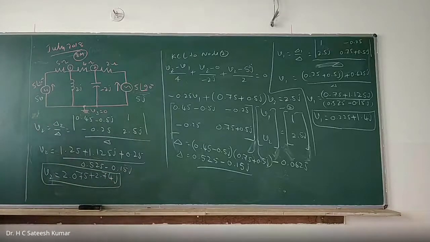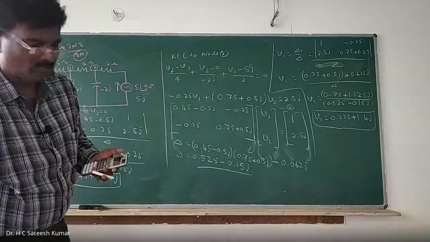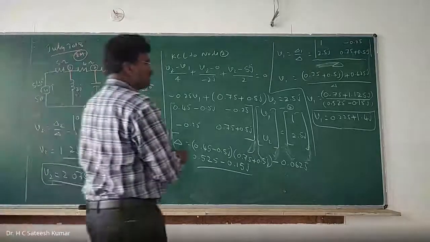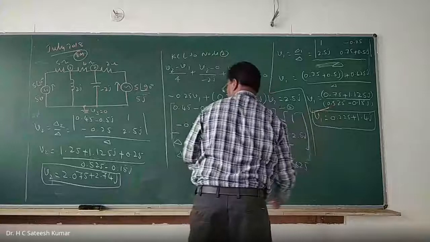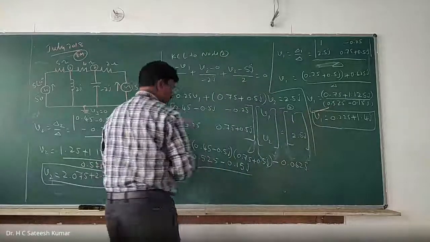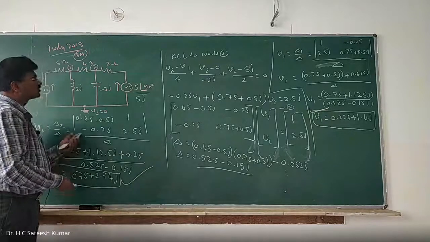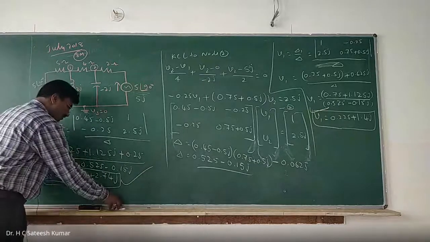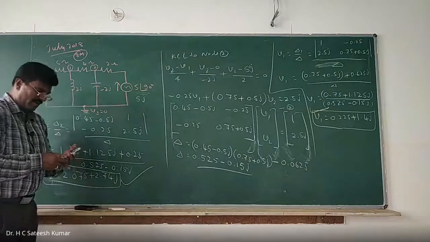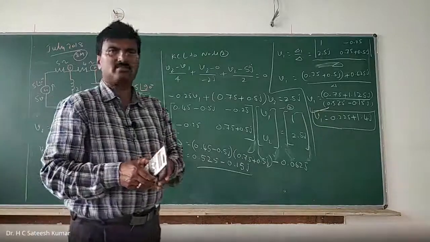So we got the values as V2. Correct, madam? Okay, right. So V1 value we got it, this one, and V2 is this one. Please check the calculations. Right. So that's how we should solve it. It is an 8 marks question in the examination. It is a direct question. Only thing is you have complex values. So please